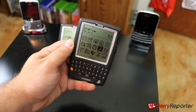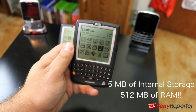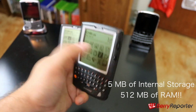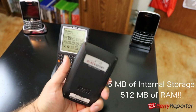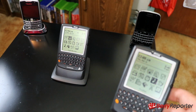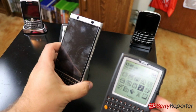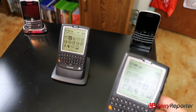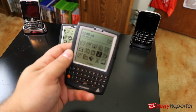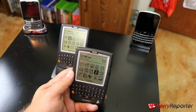Now as far as memory goes, this device had 5 megabytes of internal storage and about 512 megabytes of RAM built into it. If we think of devices of today, like the BlackBerry Key 1, it has 32 gigs of internal memory and 3 gigs of RAM. This has barely even half of that, with just 5 megabytes of internal memory, and